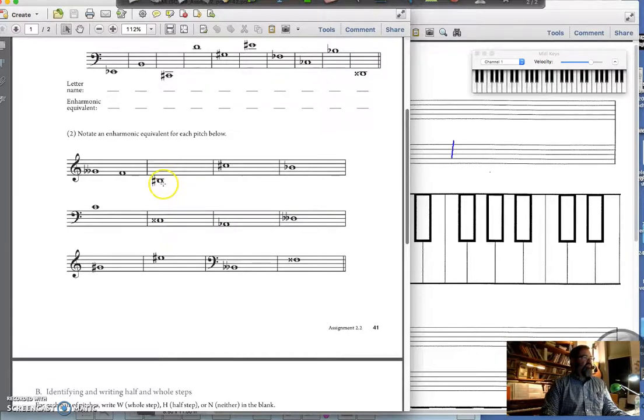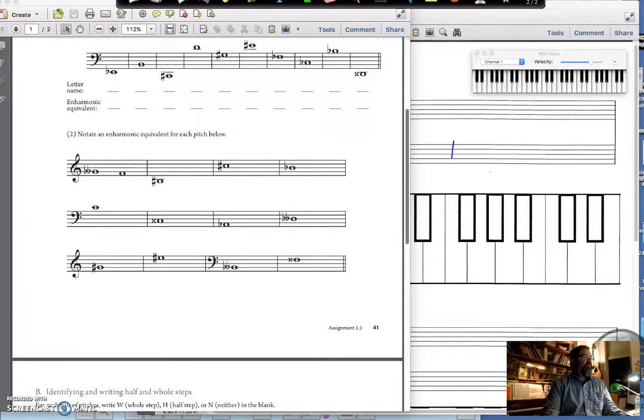What is another way to spell B sharp? Well, here's a B. That thing is a half step above B. So, yeah, some of the time it's B sharp, but a lot more of the time it's going to be